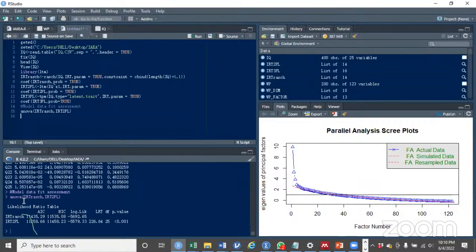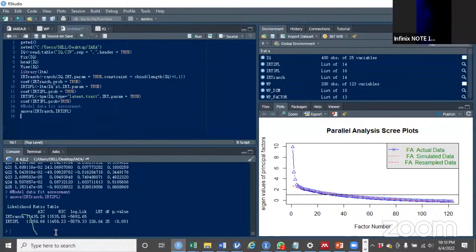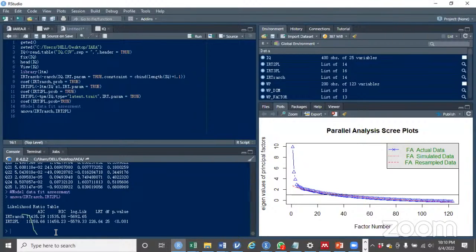So this is the comparison. And when you look at the p-value here, you will see that it's significant. And when it's significant, the implication is that there is significant difference between the Rasch model and the two-parameter logistic model, meaning that we will reject the null hypothesis. You understand? And when you reject the null hypothesis, the implication is that there is significant difference between